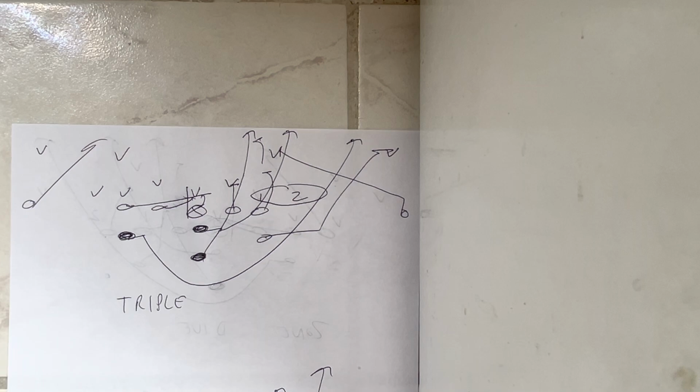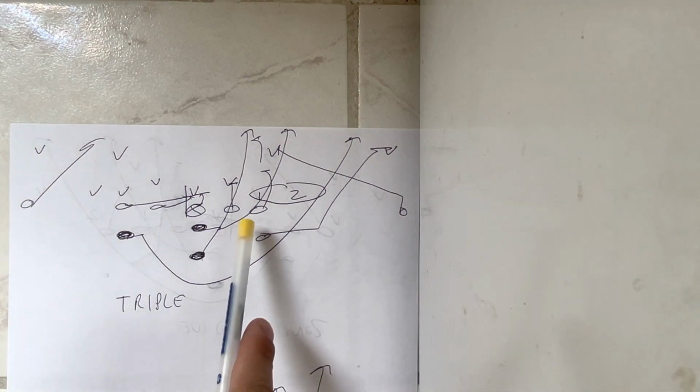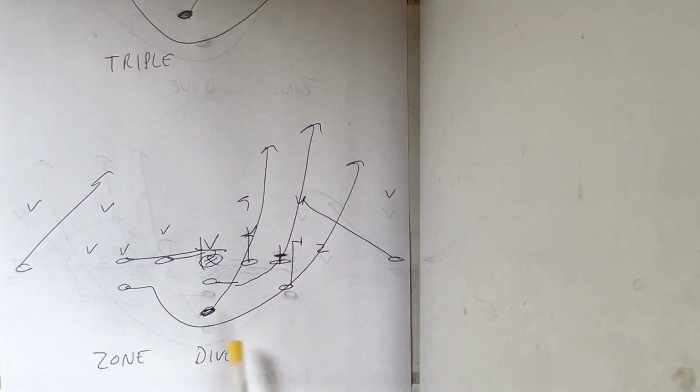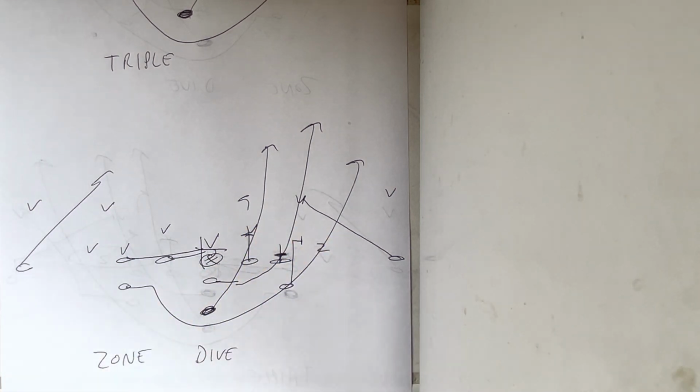So what Paul would always do is he would wait for number 1 to take the B back, and then he would have the tackle block number 1, and he would hand the ball off on the zone dive. Because what happens is, if this guy's trying to go in, this guy's trying to go out to take the quarterback or pitch. So Paul, back in the 80s, started running zone dive as a way to counteract the scrape